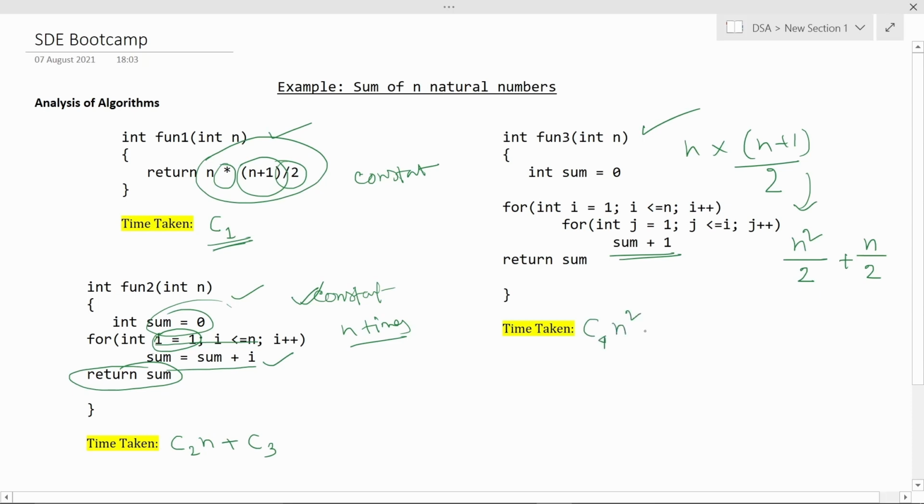Here I wrote the time taken for the actual implementation only. Now let us get an idea of order of growth as well. How are these time expressions helpful to figure out the order of growth? To give you a quick answer, we are simply going to take the leading terms of these expressions.